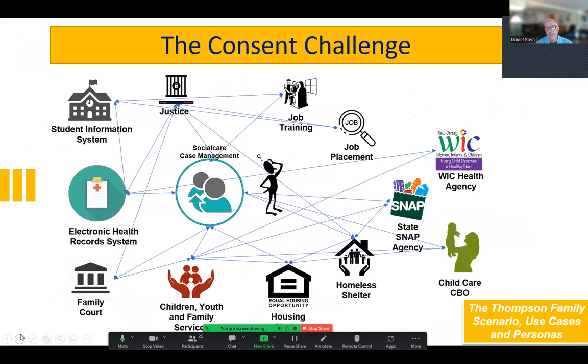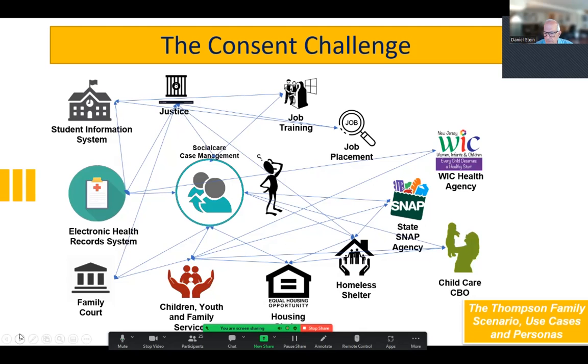The problem we're facing around consent is pretty obvious when you look at the various programs that are trying to share information, or might need to share information amongst themselves. The permutations are almost unfathomable in terms of the unique individuals. But this is what people face every day, whether it's children and family services, courts, student information, healthcare, WIC or SNAP, or child welfare. There's a need for the ability to share that information securely, of course.